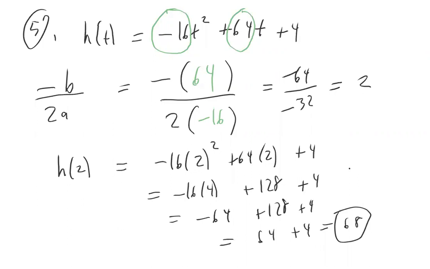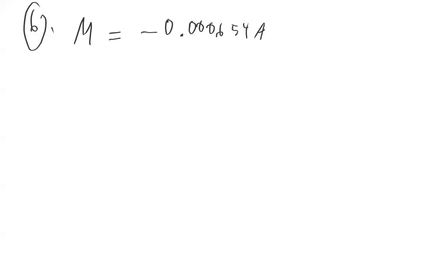Now, let's try problem 6. So the fuel is equal to the miles per pound of fuel is m equals negative 0.000654 a squared plus 0.129 a minus 5.06. And so we're going to look at the graph and